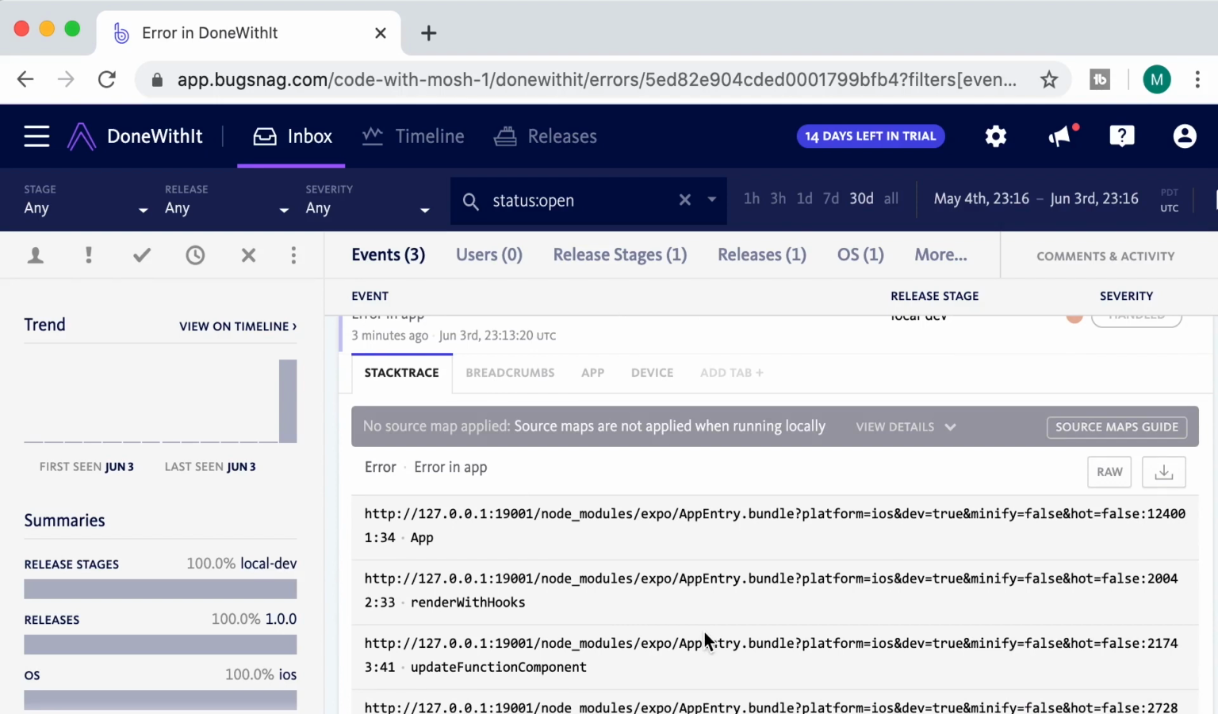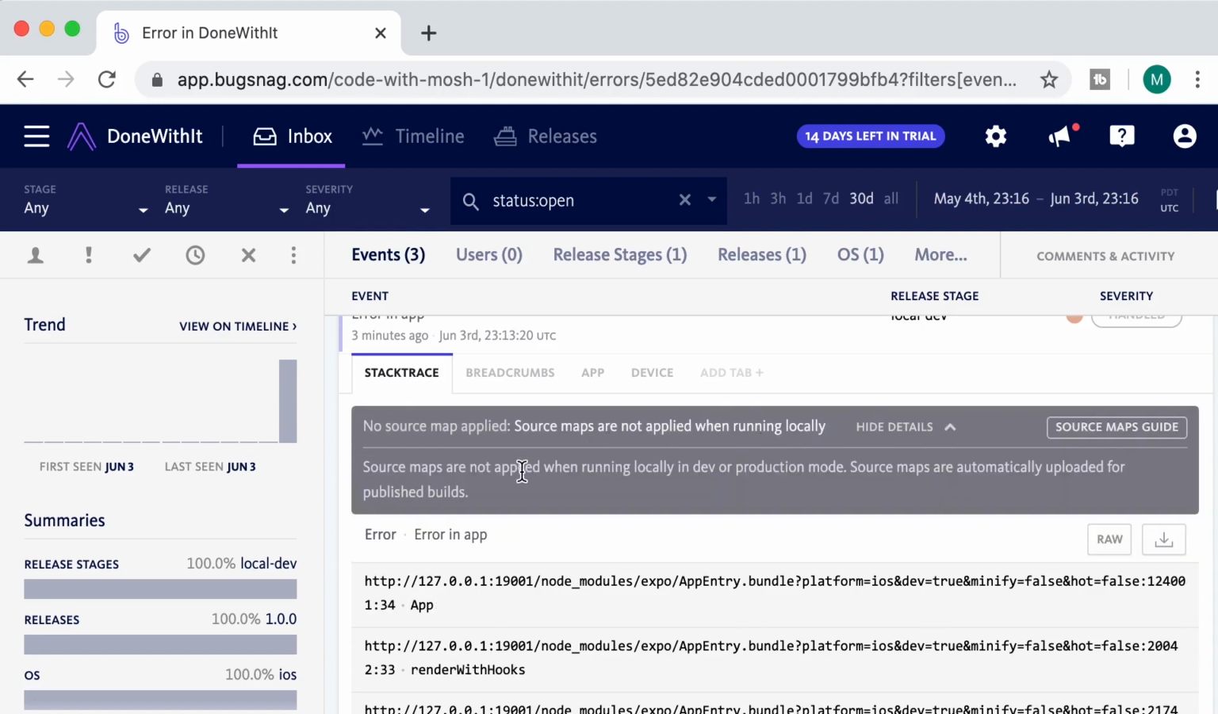Currently, we don't have source maps, so we see the error in the final bundle. This is hard for debugging. Now look at this note. No source map applied. Source maps are not applied when running locally in dev or production mode. They're automatically uploaded for published builds. So when you publish your app in production, then you can see exactly where in the source code this error